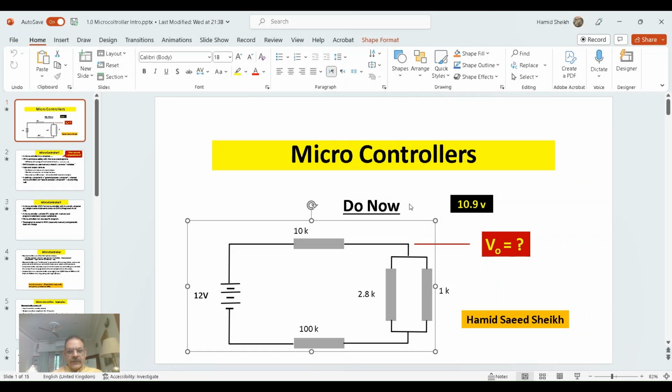We'll be talking about the microcontrollers, and this is going to be my first lesson. And I'm going to talk about Unit 6, how it is being conducted, and what we are going to do during this unit. So, as you know,